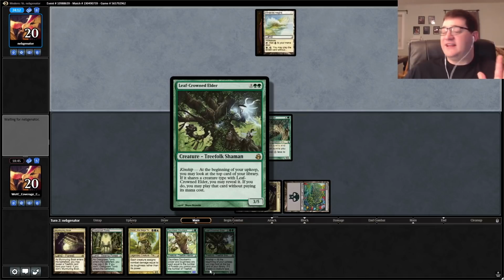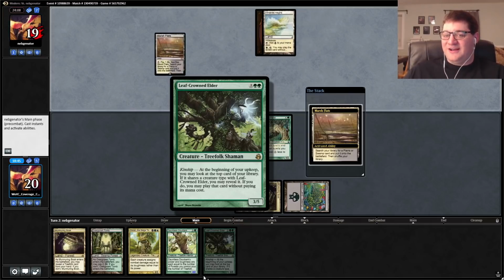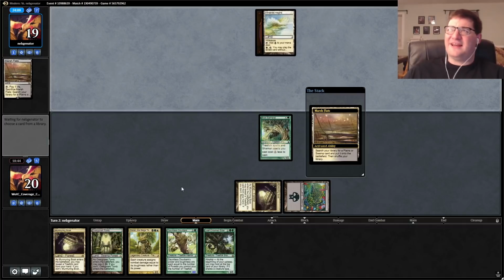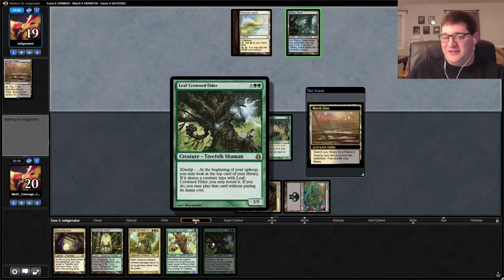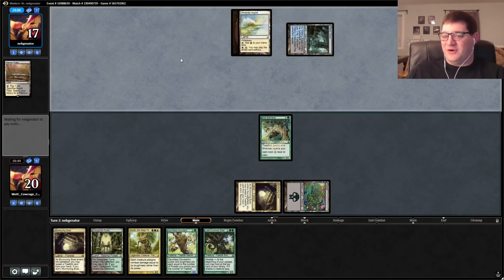I don't know what that is. I'm not an expert on the Treefolk lore, but wherever. Velas Vale, maybe? Is that it? I don't know. Lore-win stuff. Either way, take me there, and I hope it's full value, and I hope we get to go off with Leafcrown Elder here. All right, our opponent shocks themselves with this Watery Grave and follows it up with